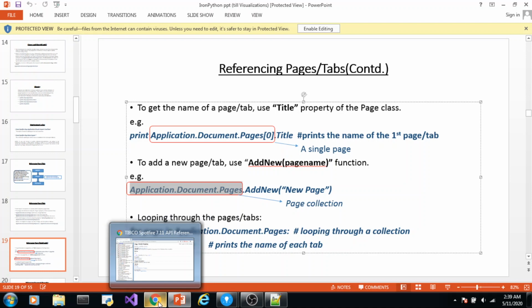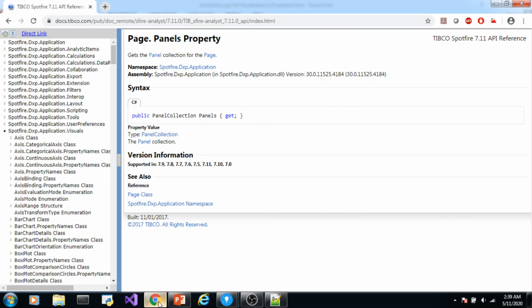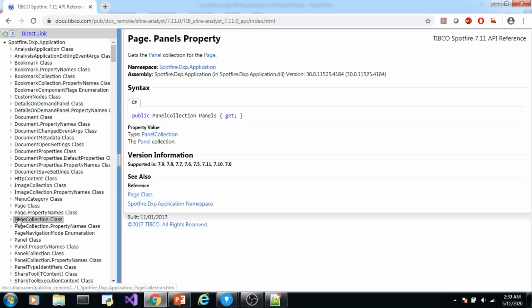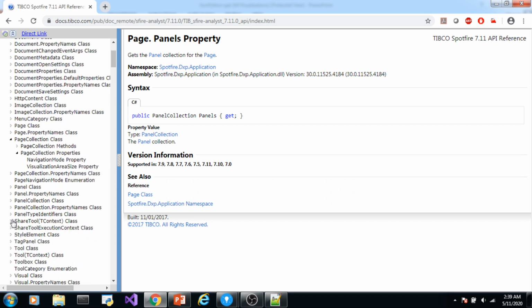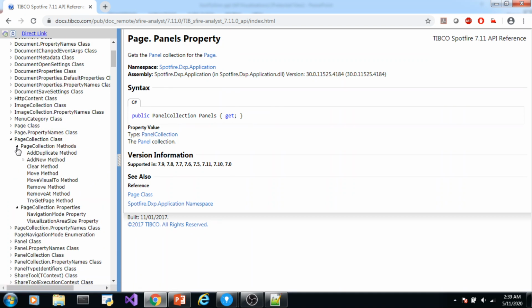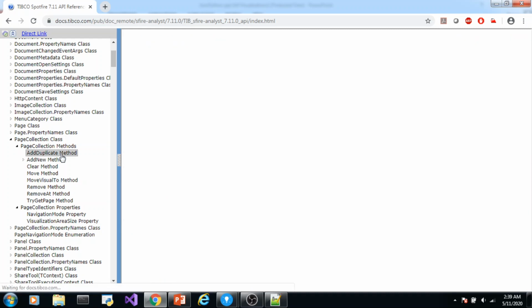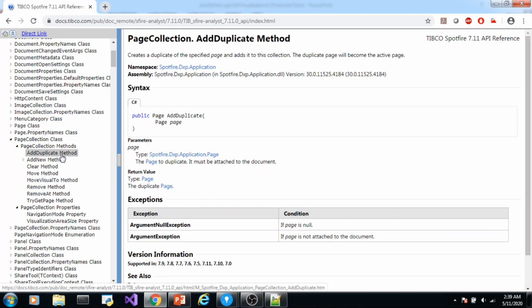Now to know which methods and properties are applicable to a collection of pages, we go to the page collection class. So here you have methods like add, duplicate. For example, if you want to create a duplicate tab or page, you can use this function.